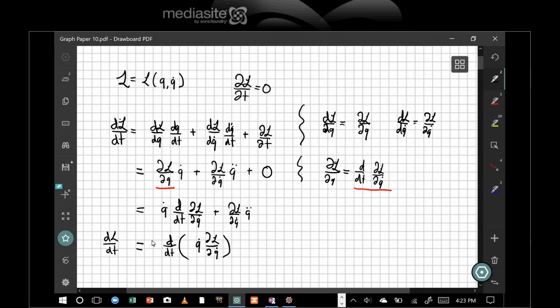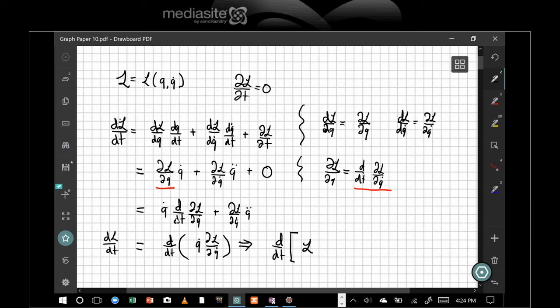And you can see that, for example, if I use the chain rule here, d dt of q dot would give me q double dot times that, and then d dt of that would give me that right there. Okay, so that makes sense. Now, what I'm going to do here is subtract the left-hand side, move it to the right-hand side, and then I can write this expression here as d dt of